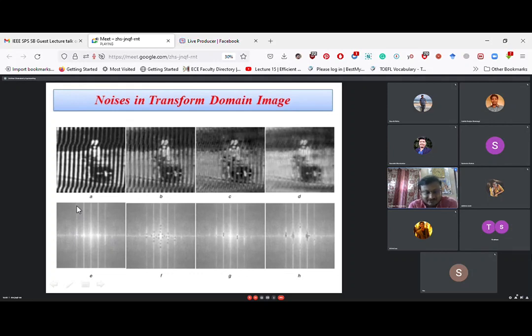So in the frequency domain, if we put these high frequency components to 0, like here, these black dots mean this high frequency component we have put to 0, then you can see the noise is removed. Here more high frequency components are removed, noise is more removed. Here also more high frequency components are removed, noise is removed. But you can see here the contrast and here the contrast. Here it is a blur image. Here though it is noisy, it is a clear image. So when we remove the high frequency components, along with the noise, some image details like image contrast also are removed.